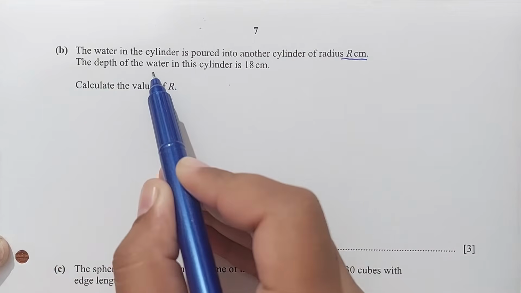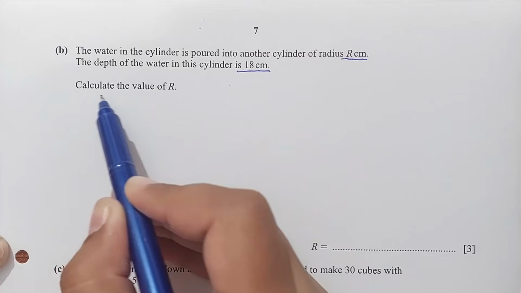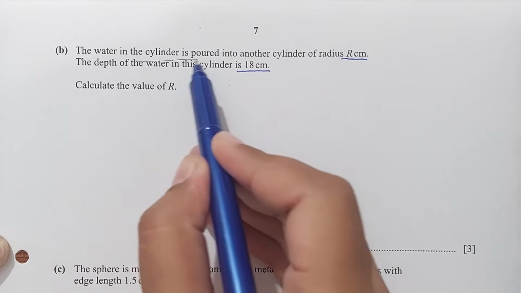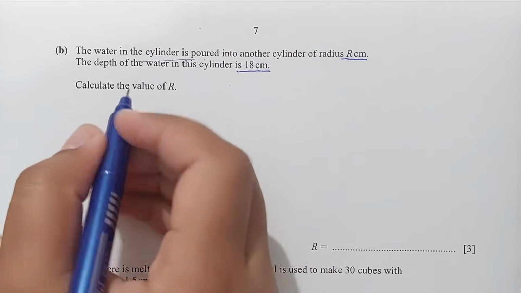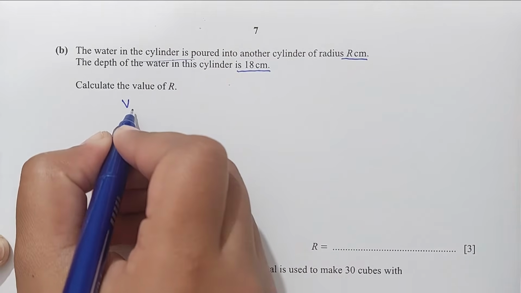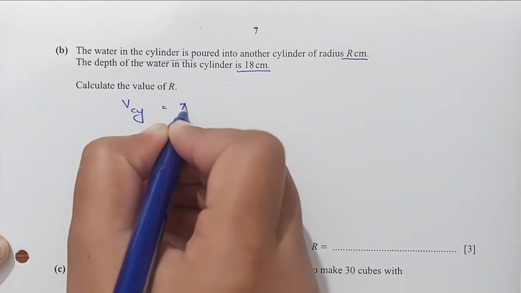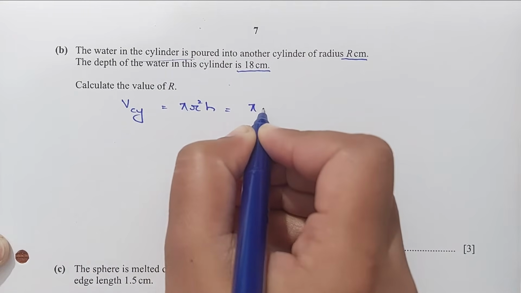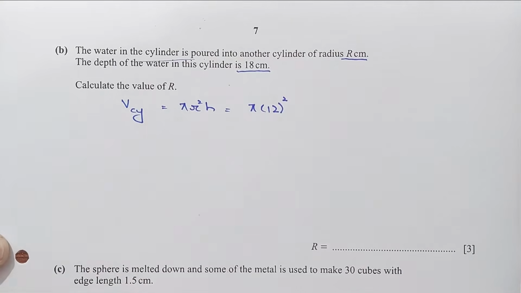Now for part B, the water in the cylinder is poured into another cylinder of radius r centimeters. The depth of the water in the cylinder is 18 centimeters. Calculate the value of r. Okay. Now the water in the cylinder is poured into another cylinder. So it means first we have to find the volume of the old cylinder, which is pi r squared h, which is pi. The radius of the cylinder we have given is 12 centimeters, and the height of the cylinder